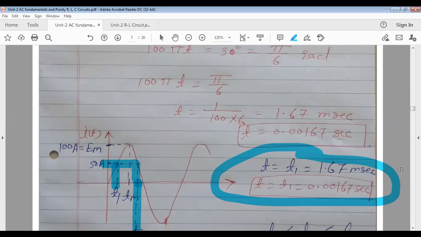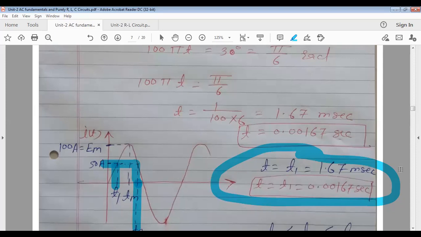What is the relationship between T1 and T2? Yes, ma'am, we can calculate the time for which the current is 100 ampere. If it is less than 100 ampere, then it is the first time, because a sinusoidal wave always first goes to the peak, ma'am, then it goes down. So by that method we can calculate. But before the peak, 50 is there, isn't it?